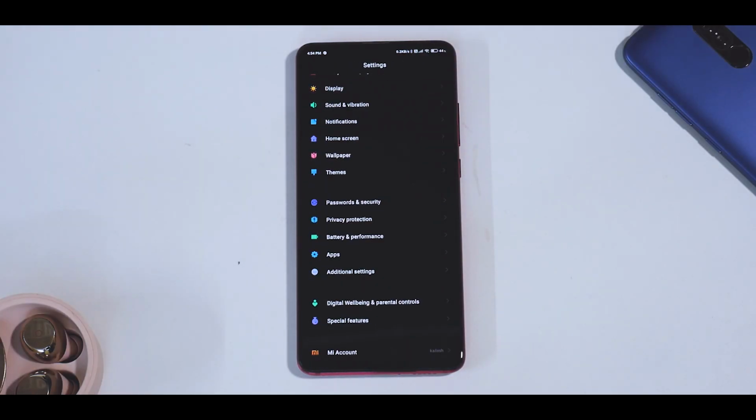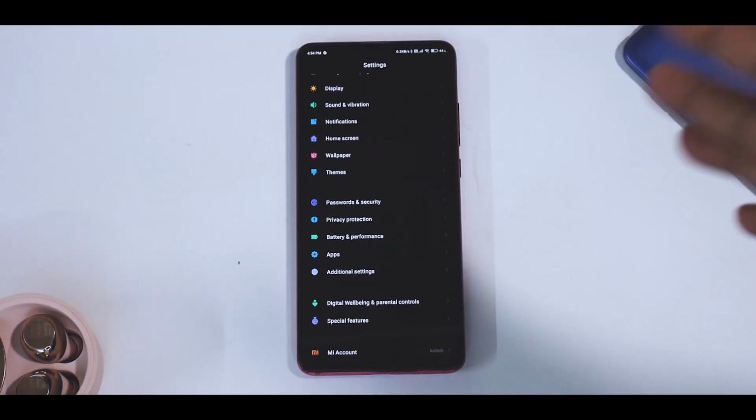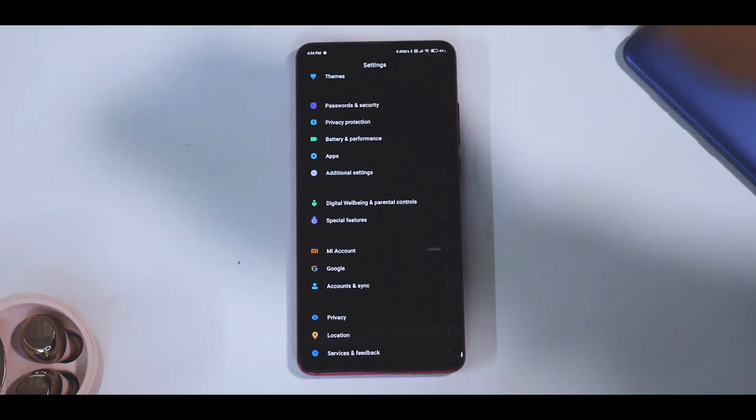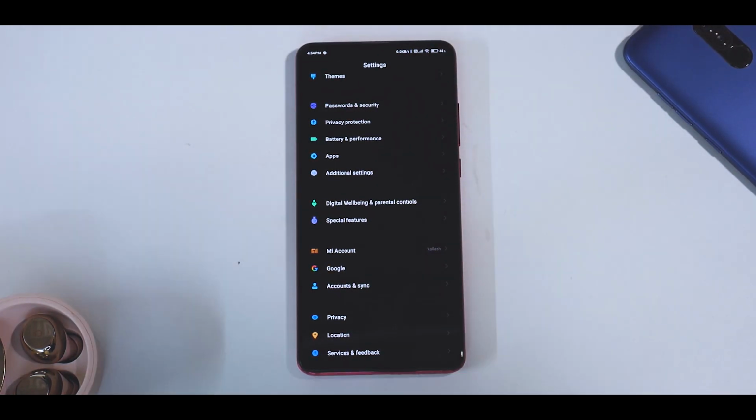Now, apart from this, if we go to the sound settings, I don't really have a dedicated ringtone that I use. As in, when a trend goes, or when I like a particular track, I keep using that. But apart from that, the DND mode and the silent mode is something I use on a normal basis. There is no specific change log or changes that I have made.